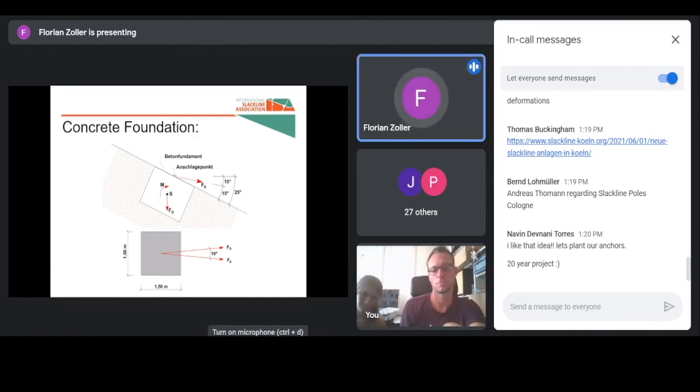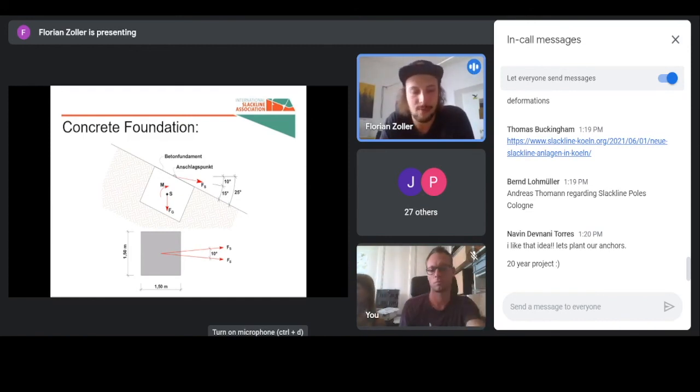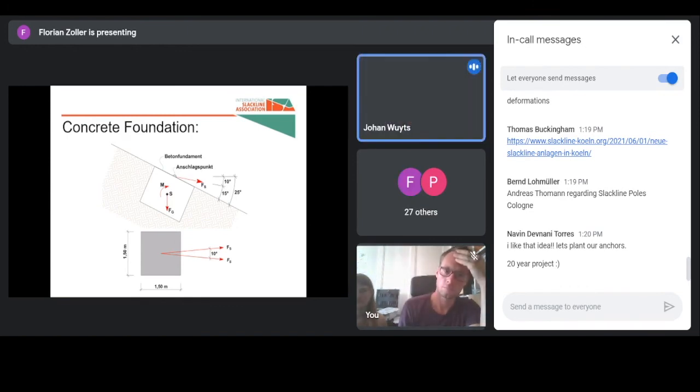I definitely agree with you. It would be more for long term. It would be way better. The problem we experienced here in Austria was that when we wanted to touch a tree in the city, they told us that they will sue us. Because simply a tree is worth a lot, like 20 to 50,000 euro per tree. But the tree is planted with the purpose of being used for slacklining. So